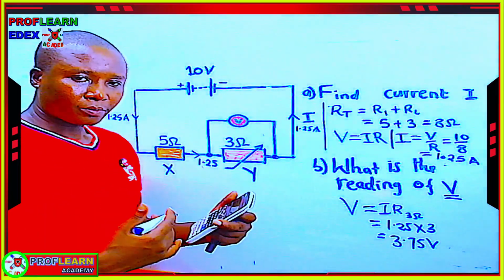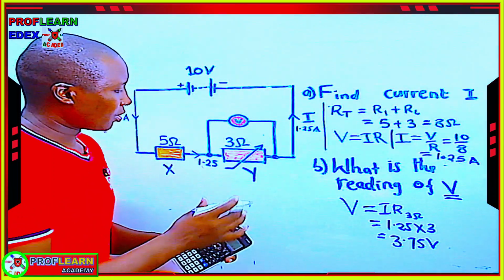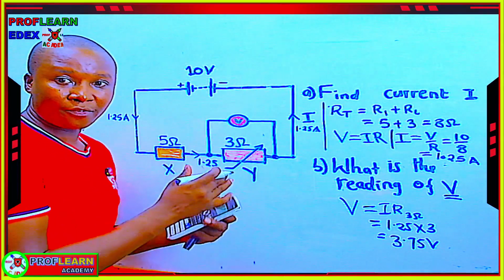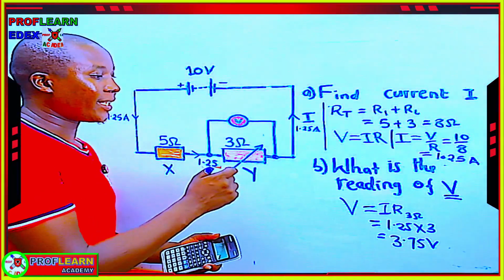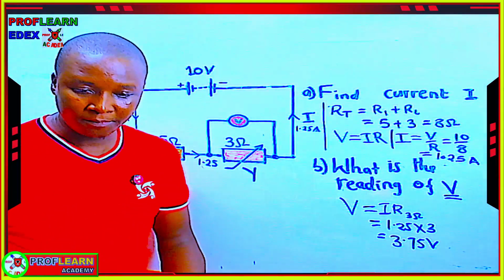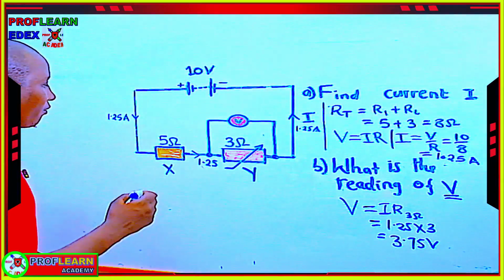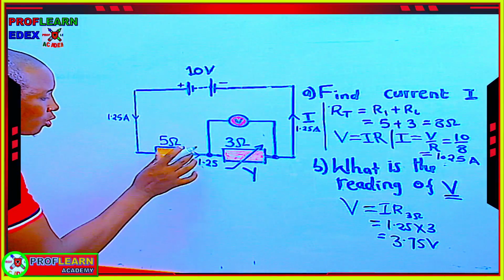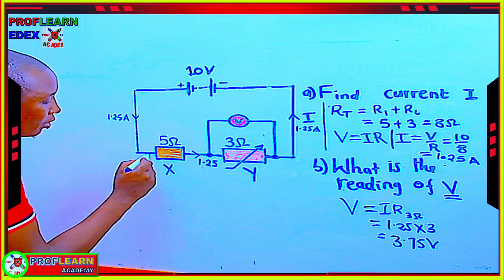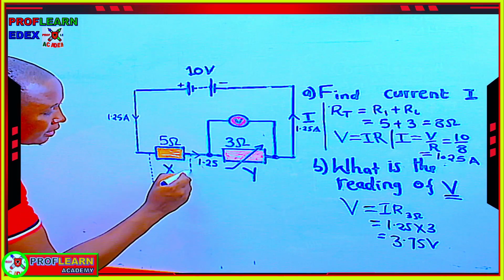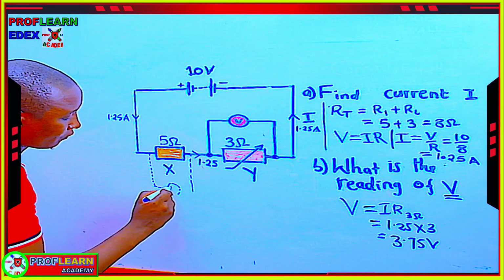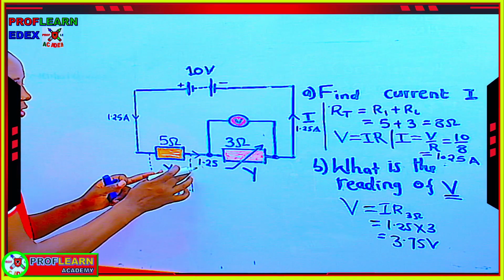Now, sometimes you'll be told to add a voltmeter to measure a given voltage. It should be connected in parallel. Always a voltmeter is connected in parallel. So if maybe you are asked to connect a voltmeter to measure the voltage for the 5 ohm, you are going to do what? You can add it somewhere here, and that is our voltmeter to measure the voltage drop